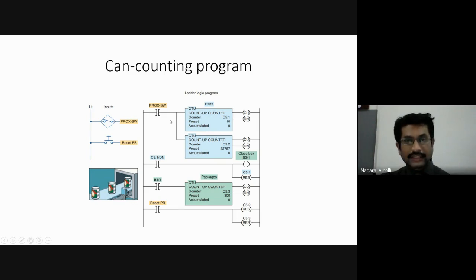Then the same rung is connected to the parallel branch here, that is C5:2. One more up counter. This also starts to count parallelly along with the first counter. As it counts here, then what will happen? As the first counter, the upmost counter, when its count, that is the accumulated value, becomes equal to the preset value of 10, at that time the done bit will be set. As the done bit becomes equal to 1, C5:1,